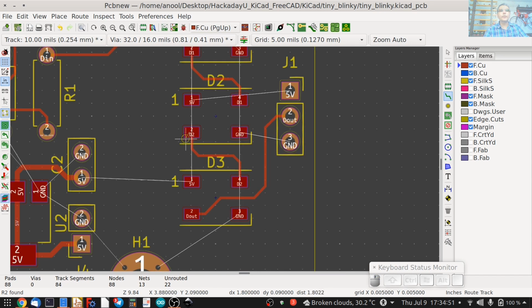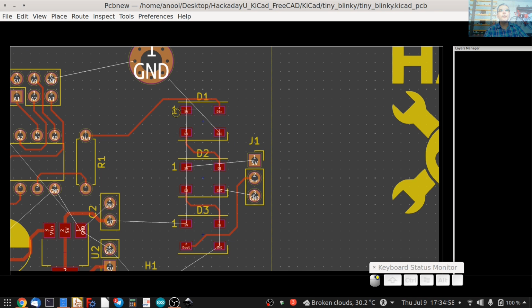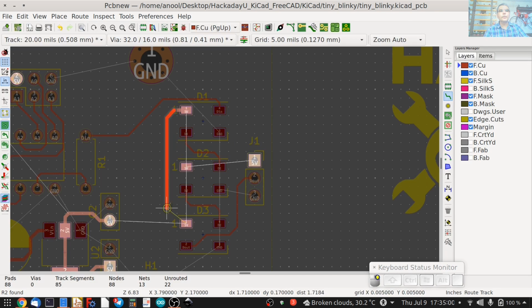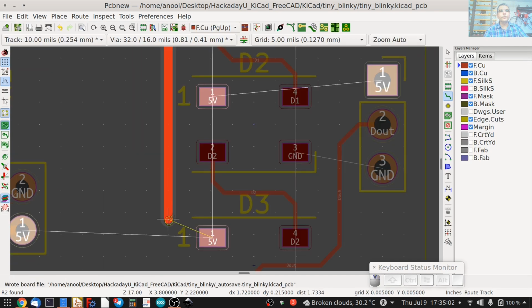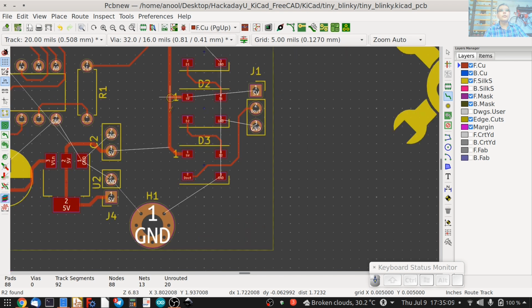And let's connect the 5 volt to all of these three LEDs. Start from D1, and that's 1, 2, and 3 of them connected.